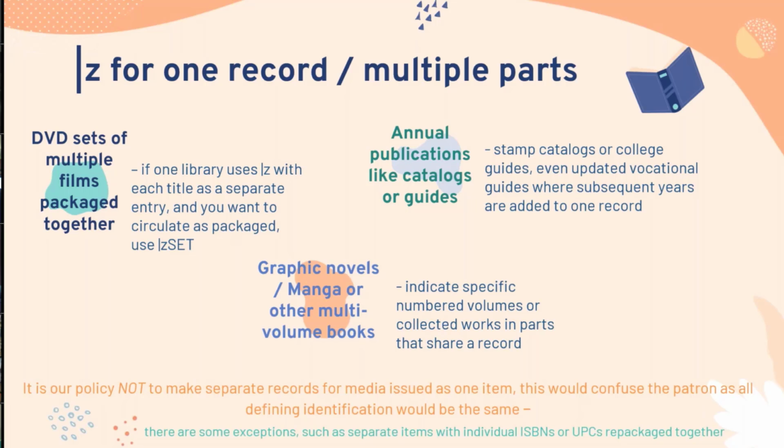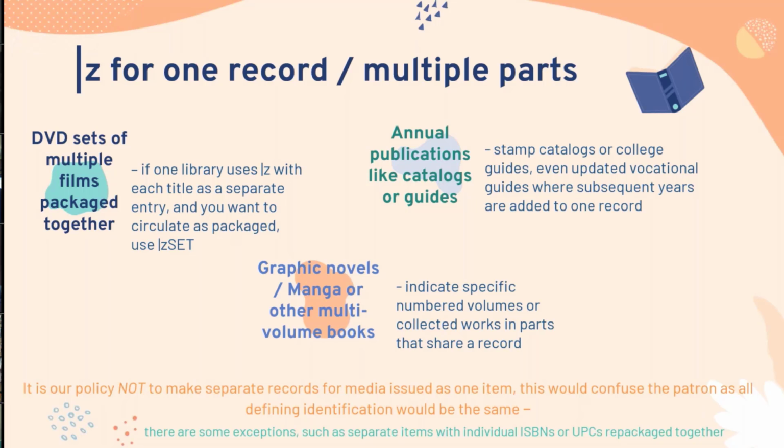The graphic novels and manga are another example where we have, say, all of the Spider-Man, or we have all of the Naruto. They're on one record, but you need to set off the separate volumes. So you'd have your call number, dagger Z, and then the volume, which we enter by putting in V period space and the number. And also for sets of DVDs,